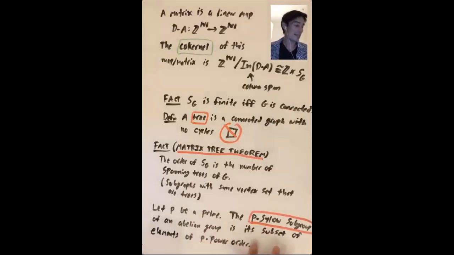And what is it? It's the subset of all the elements of the group that have p-power order. So any element whose order is a power of p goes in that subgroup. We'll talk much more about the order of elements of a group coming up soon, but I would imagine some of you already know what that means. So the question is,